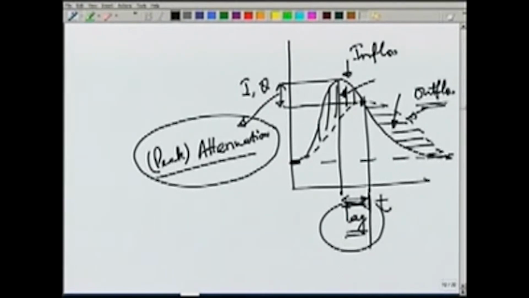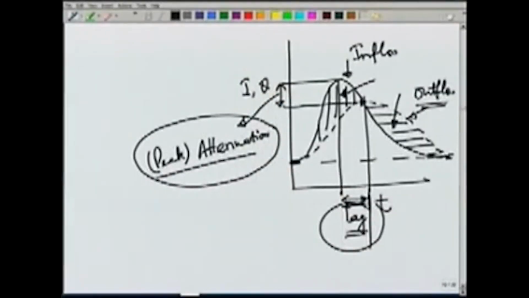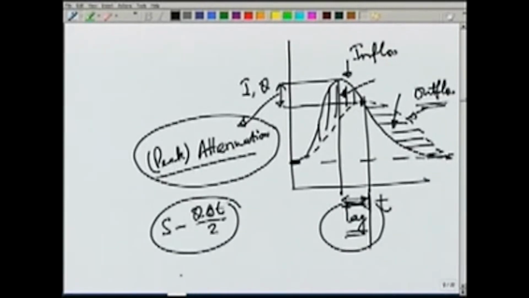So, storage reservoirs thus serve these two important purposes, that they reduce the magnitude of the maximum flow or the peak, and they also lag the peak discharge by some time. There is another method, or sometimes what we do is we prepare another curve S minus q delta T by 2. So, if you look at this equation,